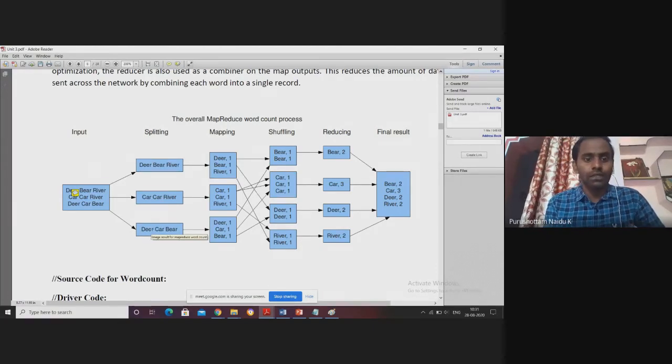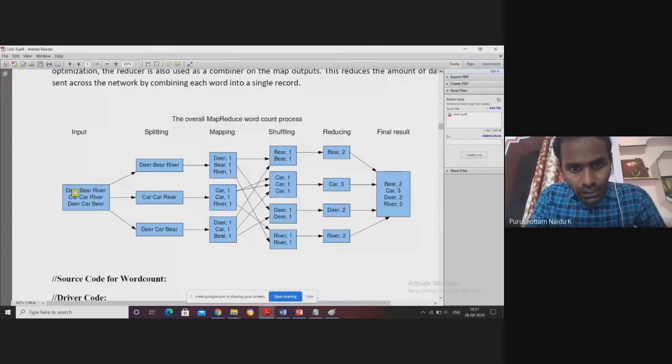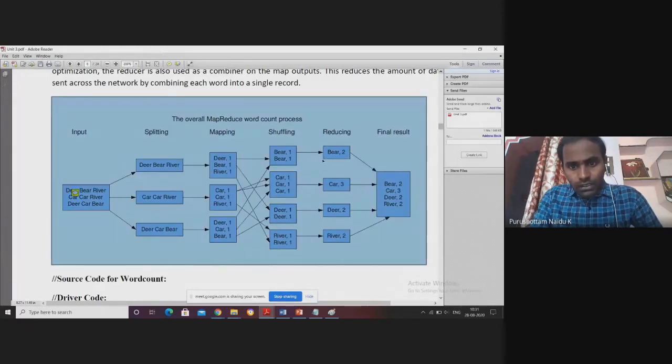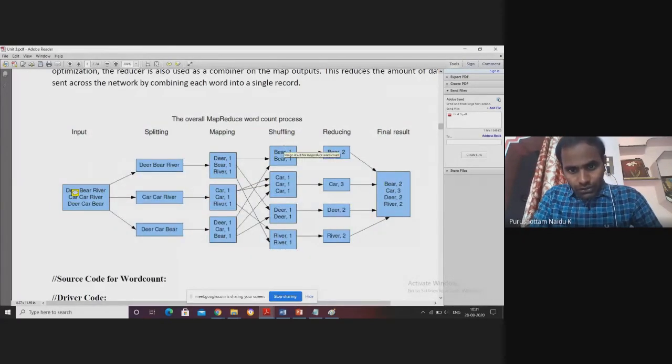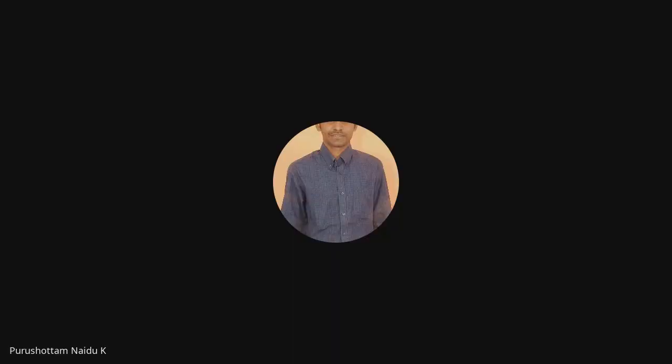Now what is the output of the map function? Dear comma 1, that means the keys are dear, beer, river, and the values are 1, 1. These are the inputs of the reduce function, again key value pairs. What is the output of the reduce function? Beer comma 2, car comma 3, river comma 2.